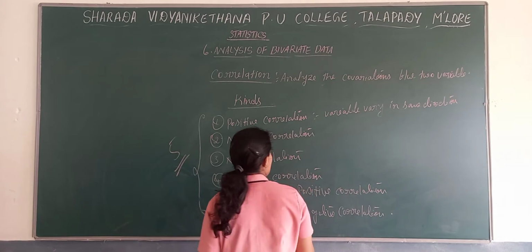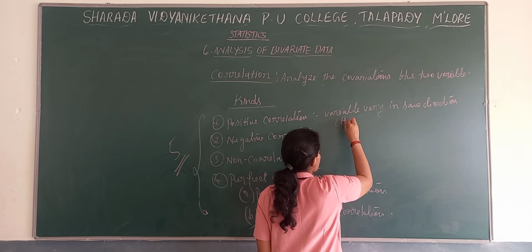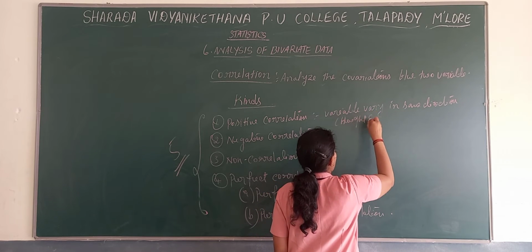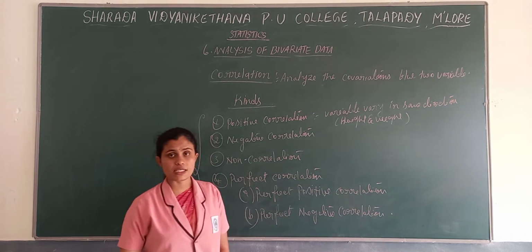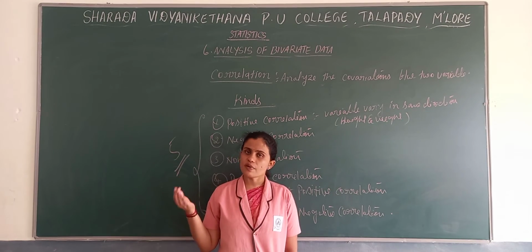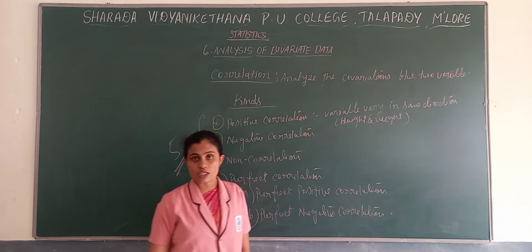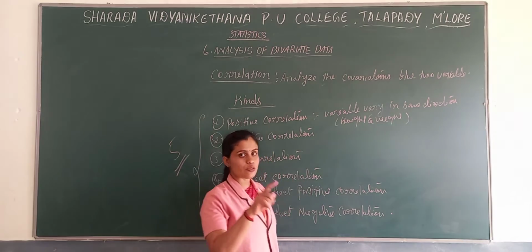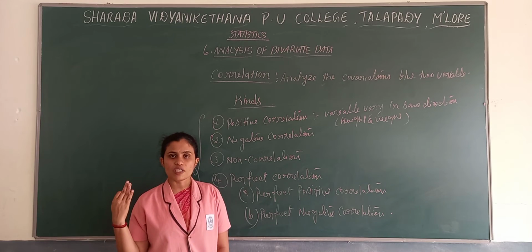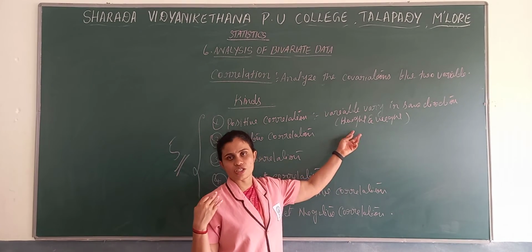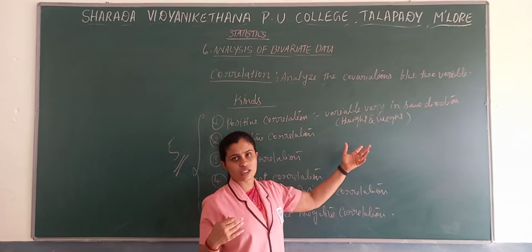For example, the height and weight. For example, if we take a person's height, when his height increases, weight also increases. So height we can consider as one variable, weight we can consider as one more variable. We know that there is a relationship between height and weight because there is an interdependence, because when one variable increases, the other one also increases. So there is a relationship. So there is a correlation. One is dependent on the other, or there is a cause and effect relationship.